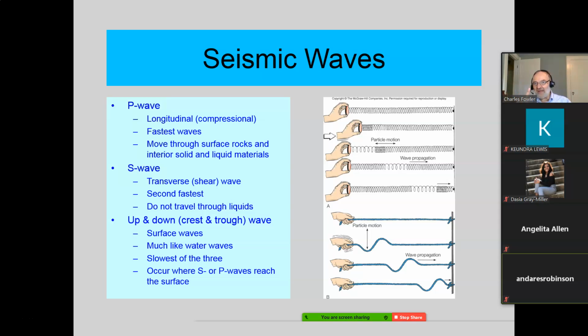They don't move as fast as a primary wave. So here's the example of that. You're holding here, you move your hand up and down, and yet the wave moves in the same direction as the compressional wave did. Doesn't move as fast, but it does move. Okay? Now, I skipped the third point on the P wave.